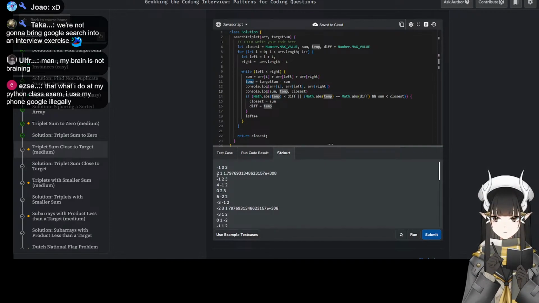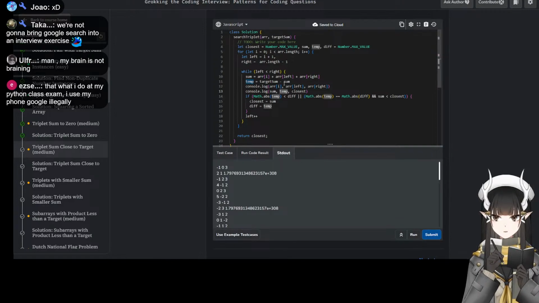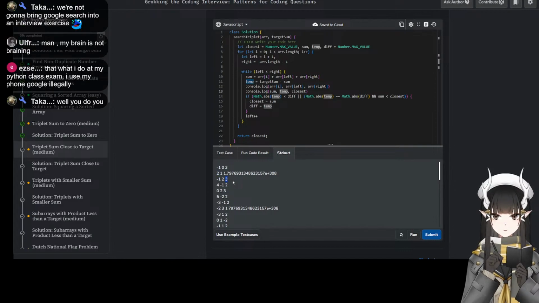Target is 5. So target sum 5 minus 2. So temp is 3. This gets updated to 3. That's correct. Difference is 3.